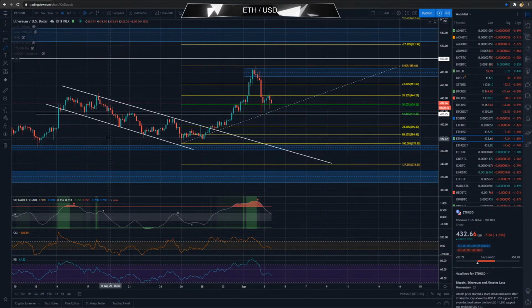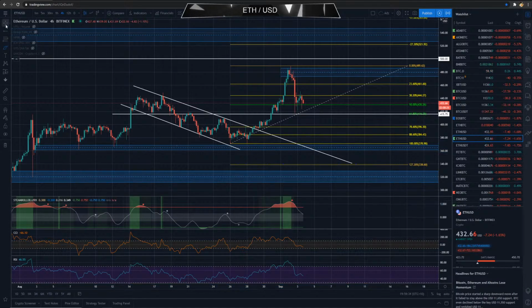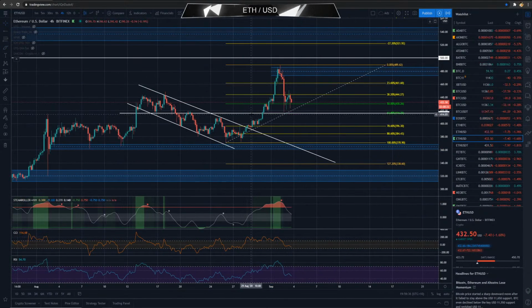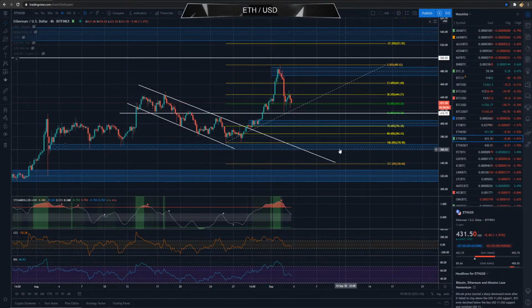Pending that, there is a significant demand zone down the bottom, which we've bounced off a number of times at 370, but that's a little bit of a stretch right now looking at Ethereum. So that 61 might satisfy these indicators a little bit further, mainly looking at that CCI. But if I had to draw that overall market swing level of demand in for ETH, it would really be at that $405 or $400 level. So we might see that in the midterm instead of the short term. But we'll have to see what tonight brings.